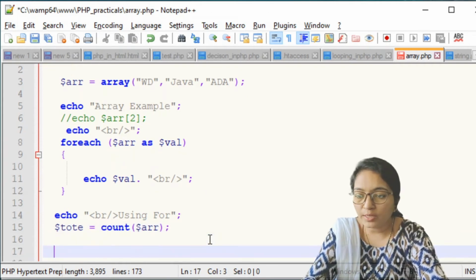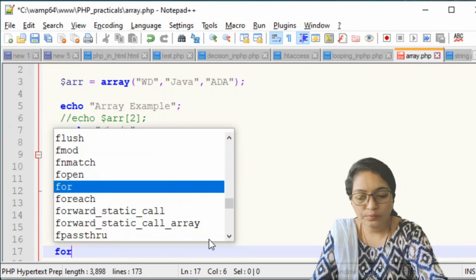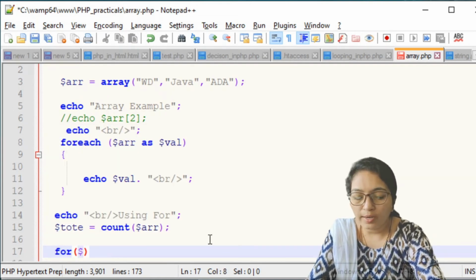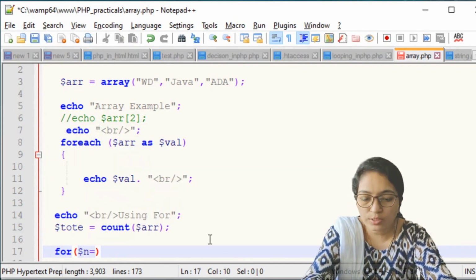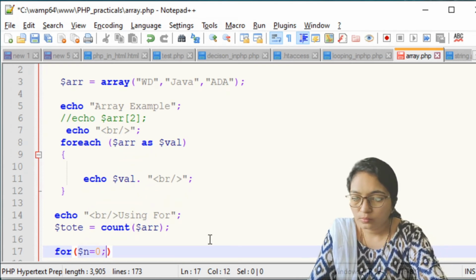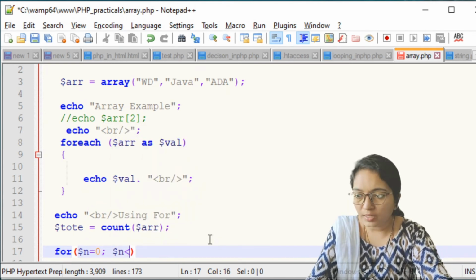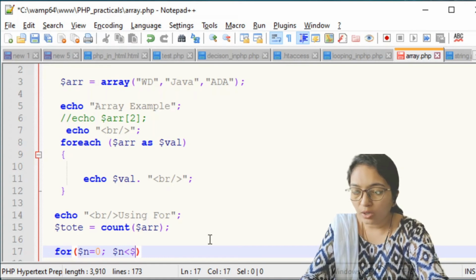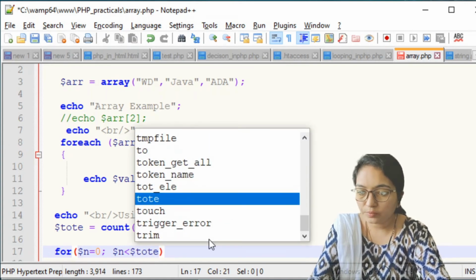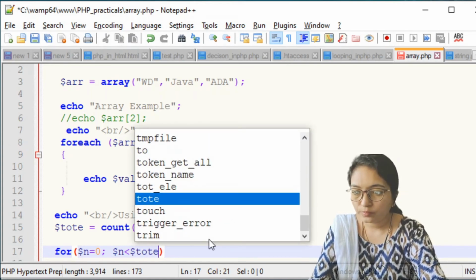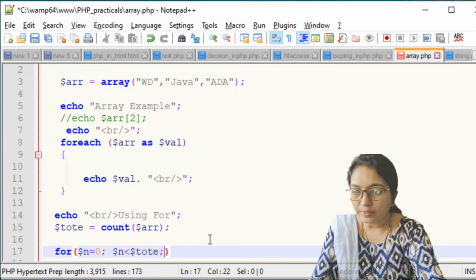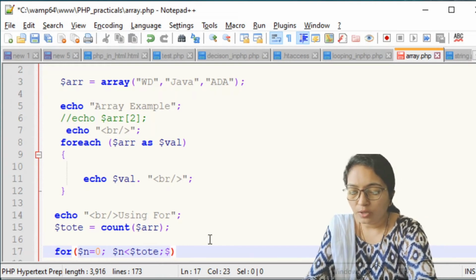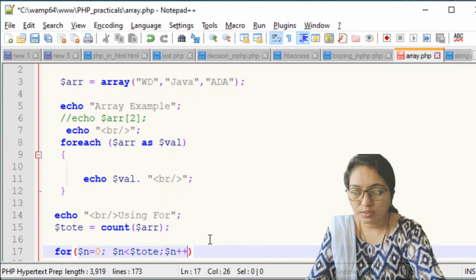So now you can use the for loop. Here you can use for $n is equal to 0, $n less than $total_element, okay, and $n plus plus.